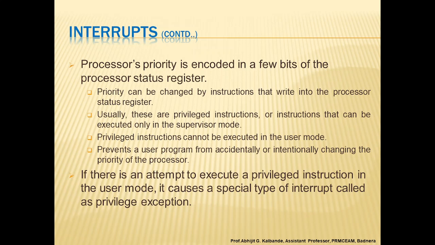There are certain scenarios where interrupts are to be enabled. When the device raises an interrupt request and the interrupt occurs, the processor interrupts the program currently being executed and interrupts are disabled. Another is that the device is to be informed that its request has been recognized and responded to. Another is that the action requested by the interrupt is performed by the interrupt service routine. Then the execution of the interrupted program is resumed. These are the scenarios where interrupts are to be enabled.